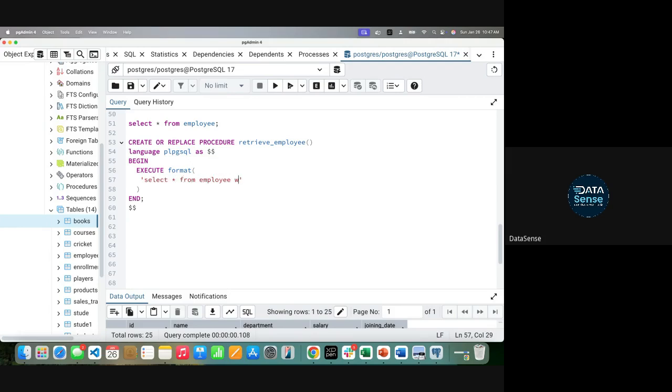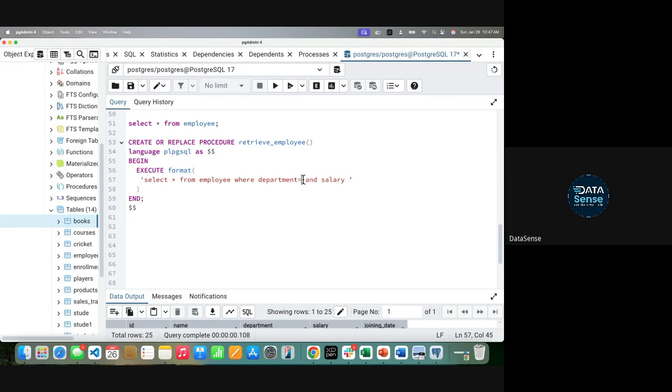Where, let's say there are variables: department equal to something, and let's say salary something. Suppose you want to keep both dynamic.